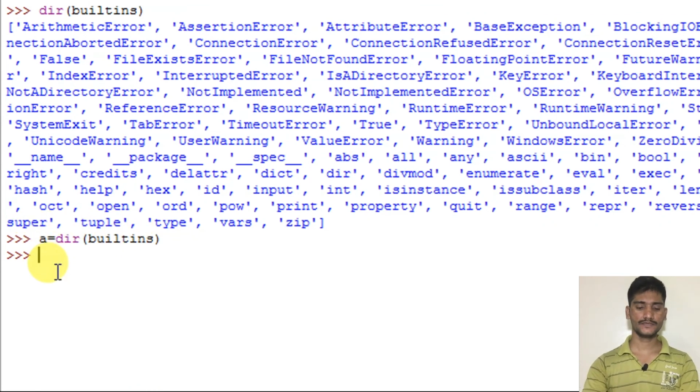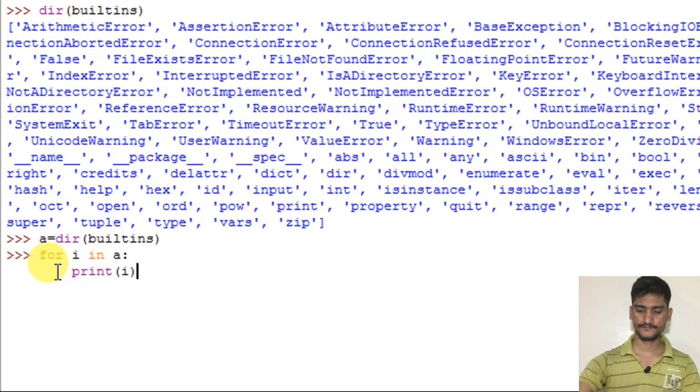I am just using a for loop here. I'll explain about the for loop, what the for loop is and how it works. Okay. For i in a, print i.